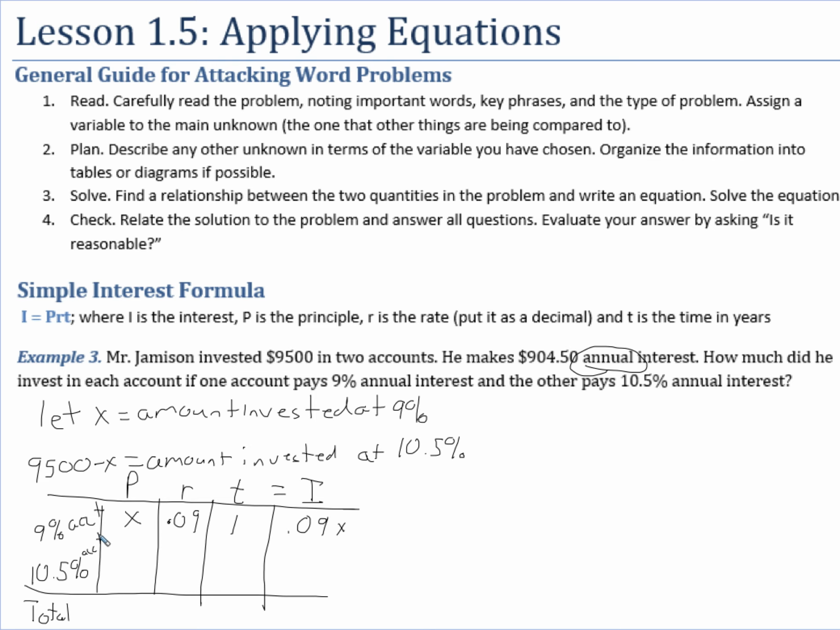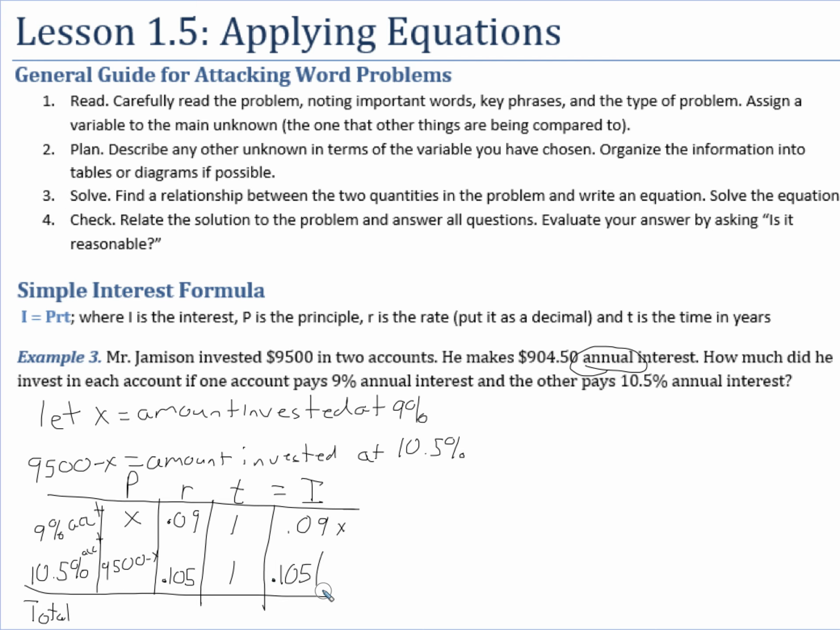In the 10.5% account, we have 9,500 minus x invested. The rate is obviously 10.5%, so make sure we change that to a decimal. We move the decimal over twice, so 0.105. Same idea with the time. It is yearly, or annually, so it's 1 year. And then we can multiply across here, and we have